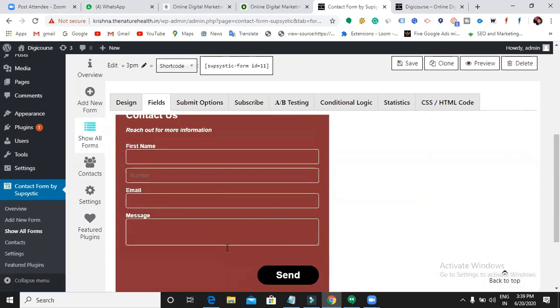Got it now? Can you see? So what is the difference here? Number, email, and then message. So what is the difference you can see? Any difference? Yes, it's not highlighted, right? So for everything, it is showing me like a first name, email, and message. Why not for the number?